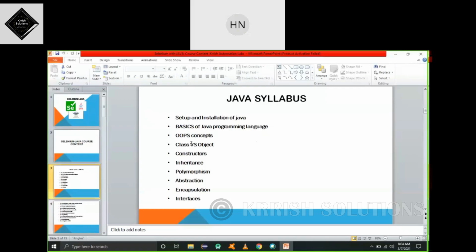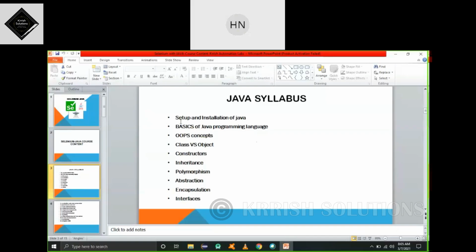These are the core topics which we are going to discuss, like abstraction, encapsulation, interfaces. I'm just giving brief topics, what topics we are going to discuss, as a demo. Internally, we will discuss one topic every day, and we'll discuss one program also.